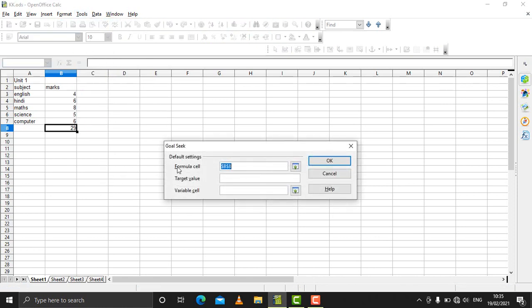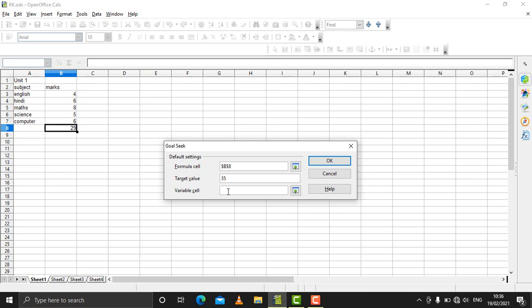The very first cell is formula cell. In this cell you have to type down the address of the cell which contains the final result. This is the final result. Click on this. So by default it is here, the address of the cell. Click on the second cell, target value. Target value will have the target number, means from 29 how much he wants, either more or less, both can be done. So the person wants suppose 35, so I'll click on 35,